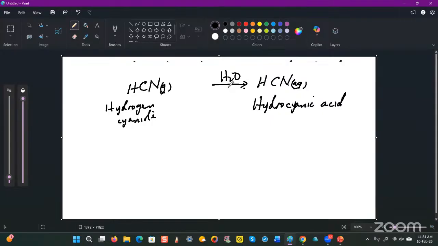In this case, it's two elements, which is called the cyano group. So therefore it's called hydrocyanic acid. So that's a bit unique when you compare to all the other acids, right? And that's basically the rules for naming acids. So with that said,